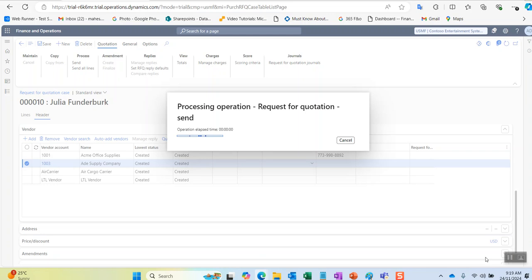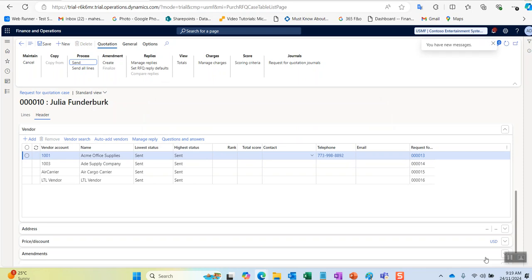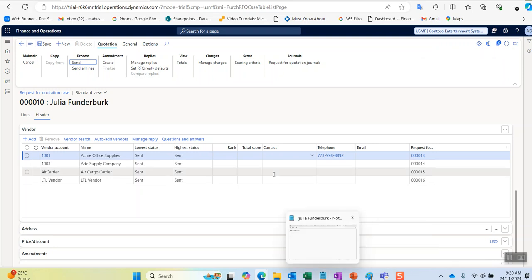Now it's processing operation unit for the request for quotation. So once the send is completed, my request for quotation status will be changed to sent. Okay, for request for quotation there will be two different statuses. One is highest status, lowest status. Okay, you can see the highest and lowest status. Okay, the highest status